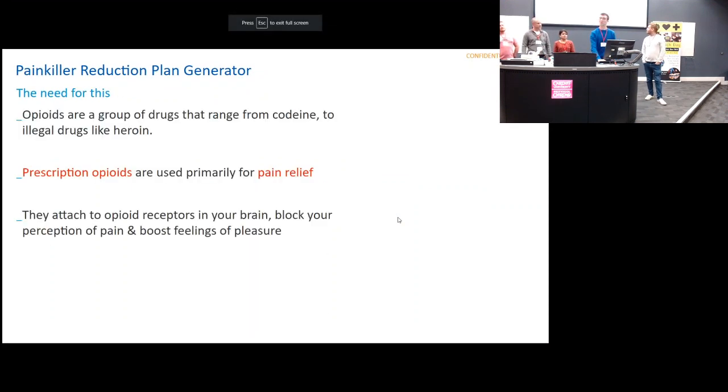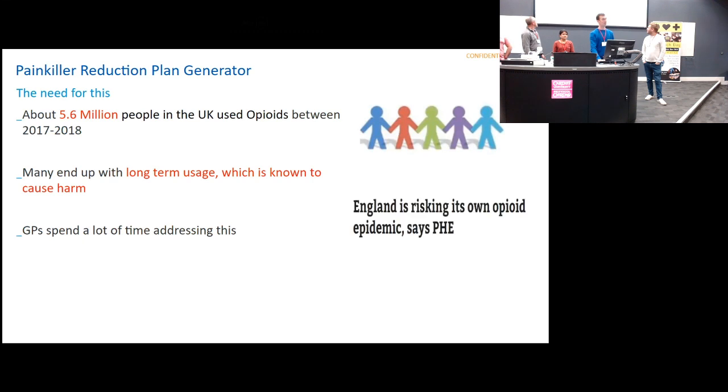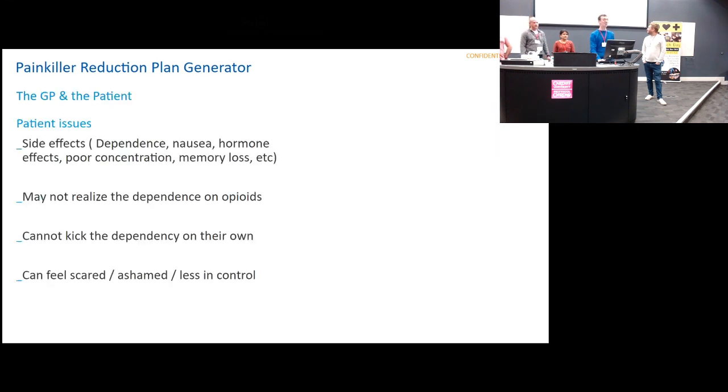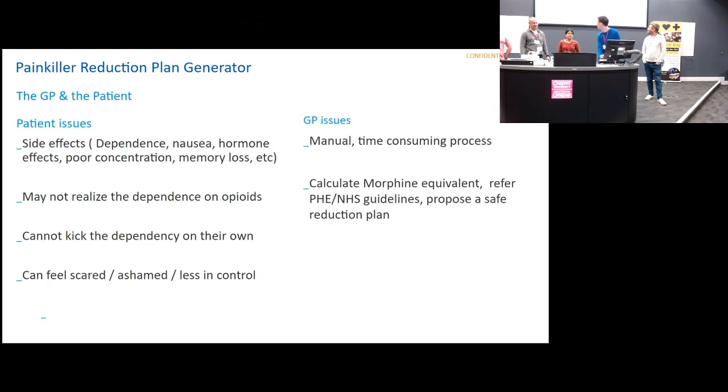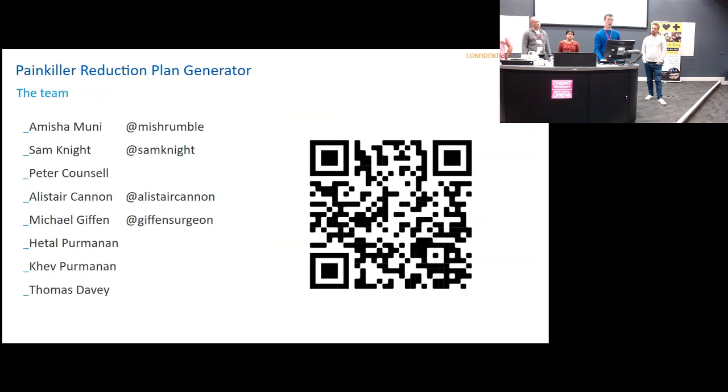Yeah, we wrote down some thoughts about why long-term opioids are bad. Lots of people are on opioids. And this is a massive fact, because this is exactly the kind of thing that's more drawn out on a piece of paper that then gets lost and is kind of, the specifics are kind of made up, which isn't ideal. That's sort of how we storyboarded how it might end up looking, the dots to say whether it's in a range where it's well above any kind of recommended limit. And that's us. And that's it for the